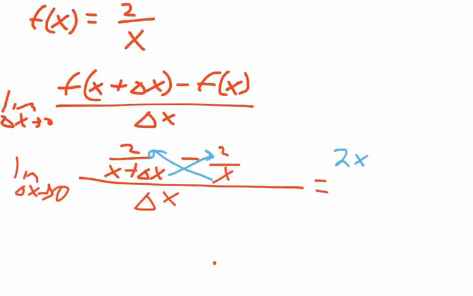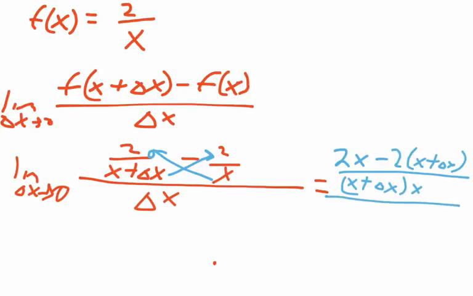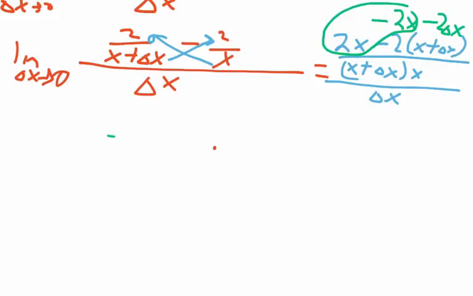You cross multiply, so 2x minus 2 times (x plus delta x) over (x plus delta x) times x, all still divided by delta x. Now, of course, when I distribute the 2 on the top, I get 2x minus 2x minus 2 delta x, and these two things can cancel. So I have negative 2 delta x over (x plus delta x) times x